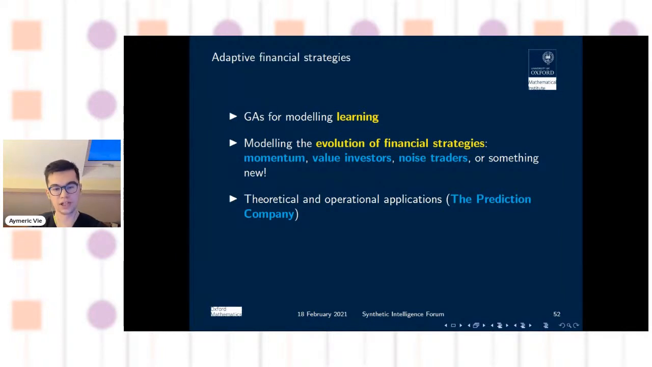You have also, obviously, operational applications. And I think the Prediction Company was one of the first automated trading companies back in the 80s that was using some GAs, some complete trading bots that were completely learning on their own. And another idea is that if you make a parallel between this evolution, this financial system, and the adversarial attacks,